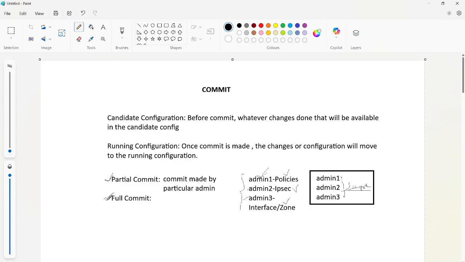Whenever we do a full commit, along with admin 1's changes, admin 2 and admin 3's changes will also be pushed to the running config.